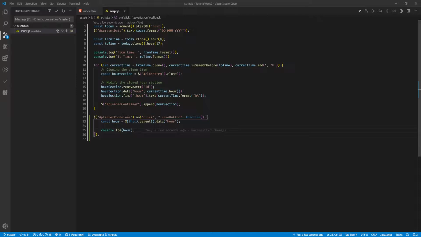Let's look at whatever the user has input in their input, because we need the time and also the user input, right? So how to get it? Let's do exactly the same way. So if we click on this, then if we do this dot parent, now we have our section, which is this, right? Then we need to select the input, and the function that I said before that I normally use is find. So I can use find,